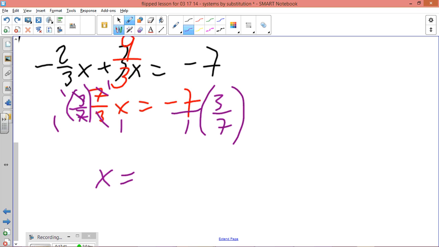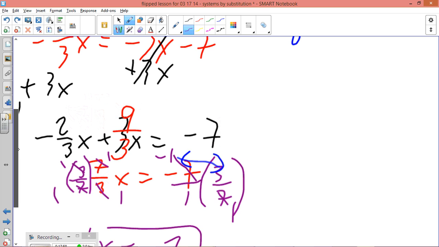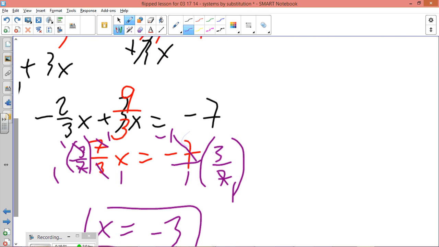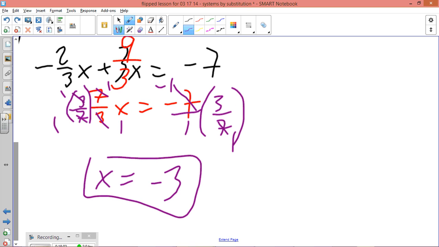But we all know that this negative 7 and 7 have a common factor of 7. So the 7 becomes a 1, the negative 7 becomes a negative 1. And now I'm just going to multiply across negative 1 times 3. And I get that x equals negative 3. Great, I'm done. No, I'm not. Okay, so that's step 2. What I need to do now,